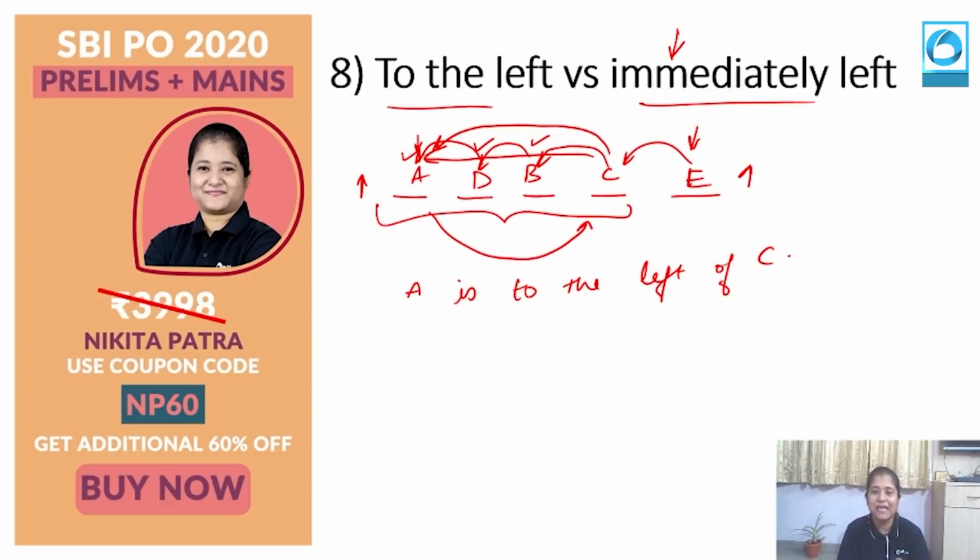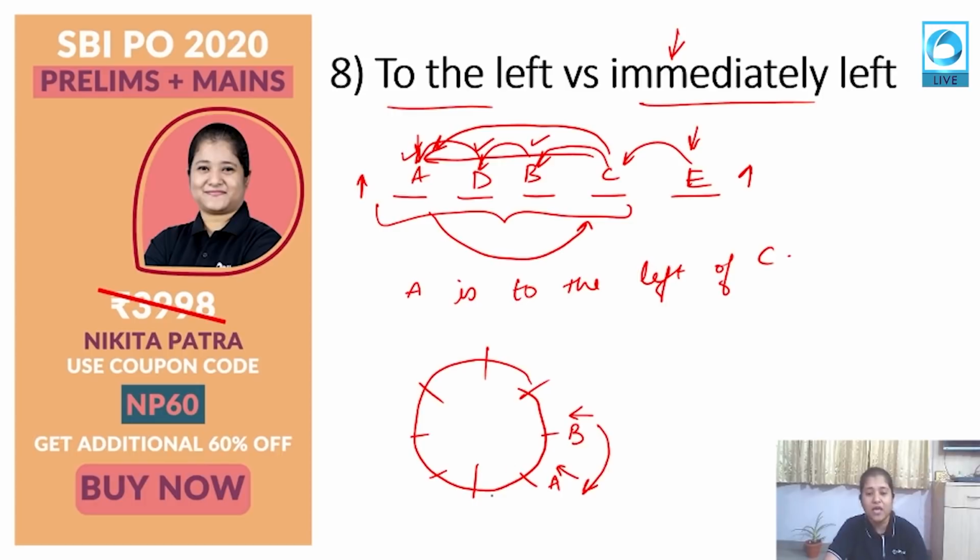Please remember, in case of your linear arrangement, left and immediate left are to be treated differently. But if it's the case of circular arrangement, let's try to understand. If it's a case of circular arrangement, in that case left and immediate left will not make a difference. अगर आपका circular arrangement में बोला है, that is A is towards the left of B and these persons are facing towards the center. अगर लेफ्ट बोला है तो वो आप उसको इमीडिएट लेफ्ट ही लोगे,